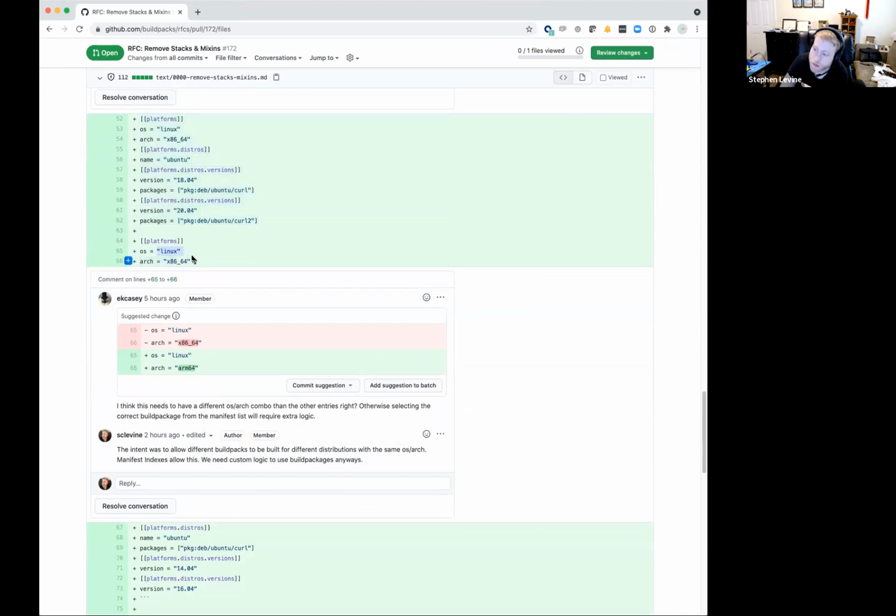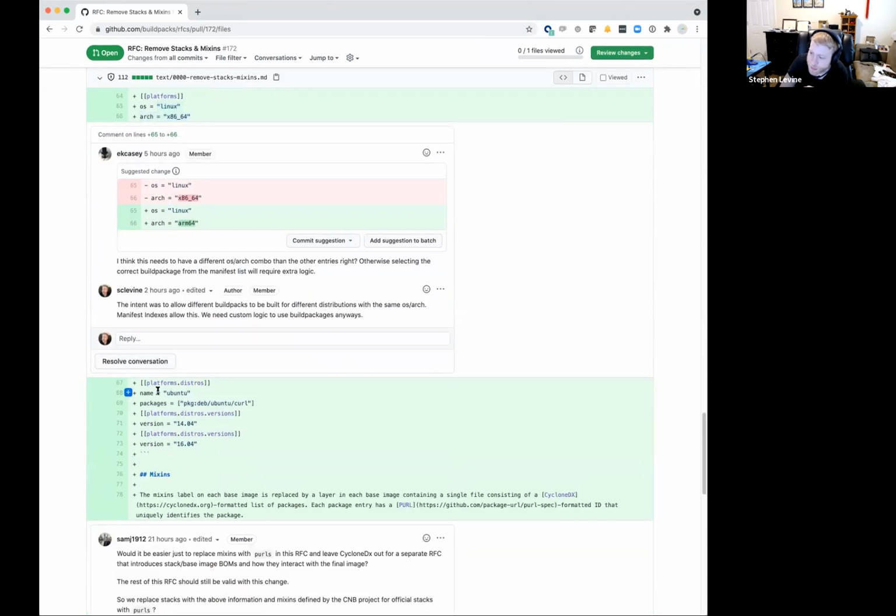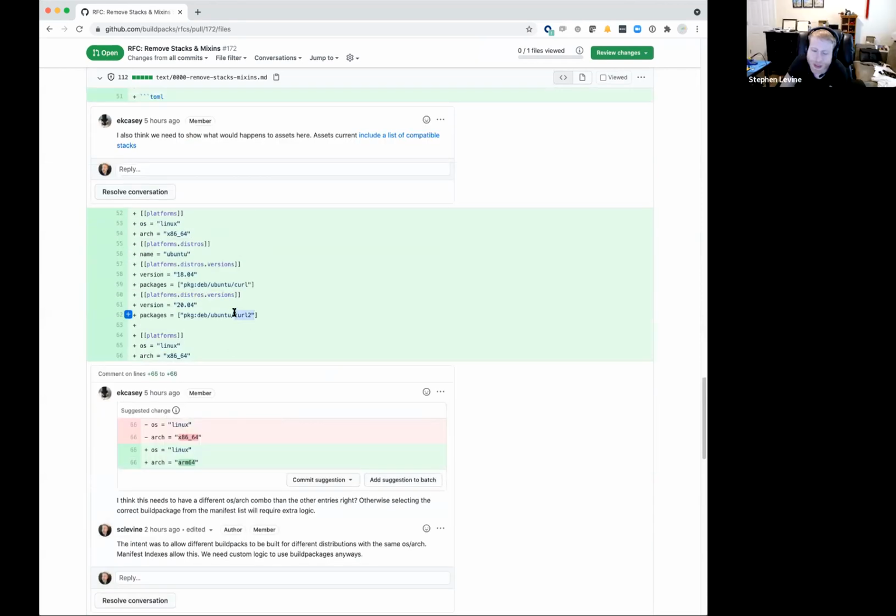And this is another x86 Linux image. I know Emily had a question about that. That also works for Ubuntu, but always requires these packages on both 14.04 and 16.04 without having to specify the list of packages twice, because they're the same between those distributions. I made up that 20.04 has a special curl2 package. It doesn't. Don't go look at that. Okay, so I think that's more clear.